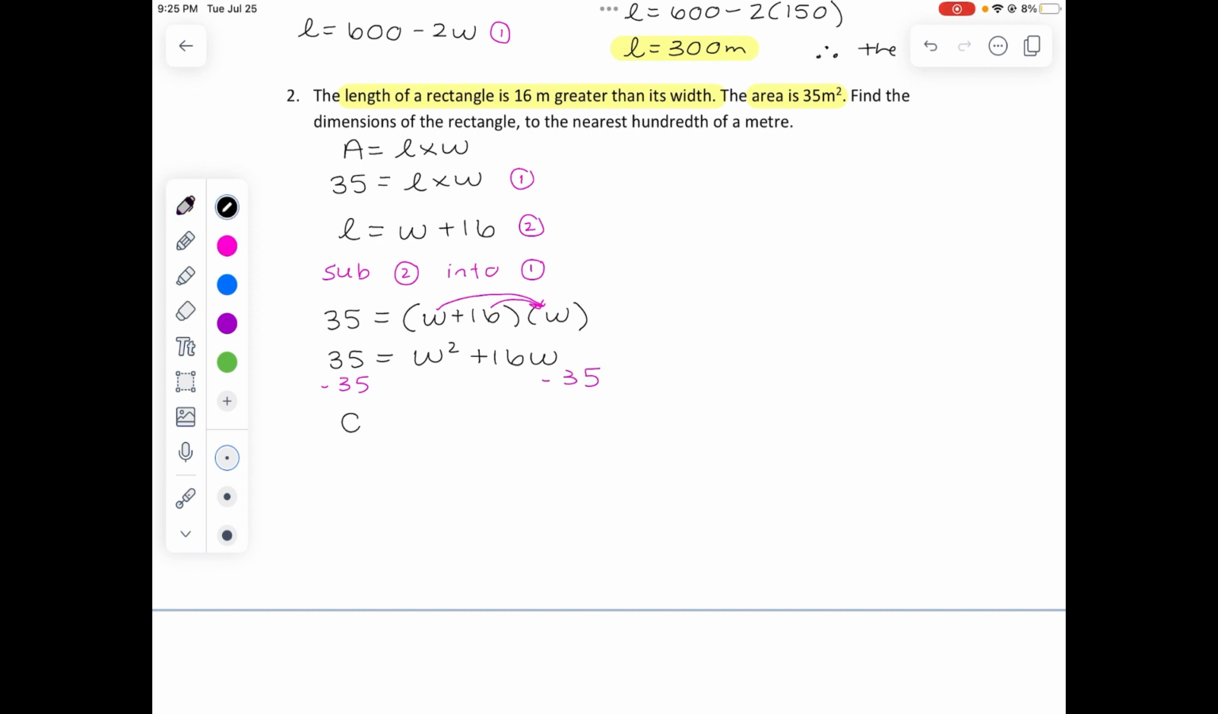Okay, so I'll have 0 equals W squared plus 16W minus 35. Okay, and then now I want to see, I should first check if I can factor. So this is a simple trinomial because there's no number in front of my W squared term. So I want to see if I can find two numbers that multiply to negative 35 and add to